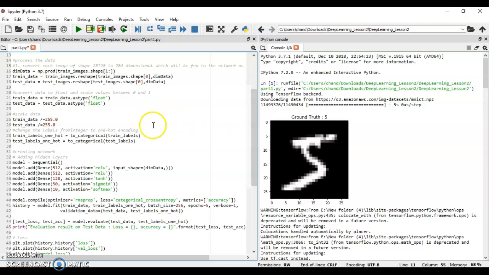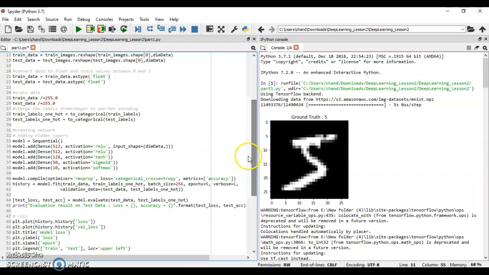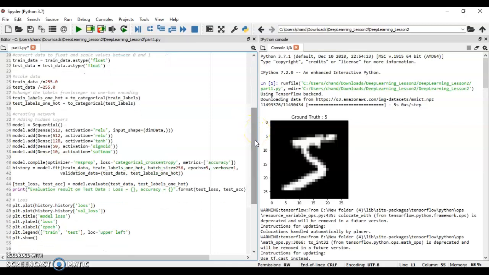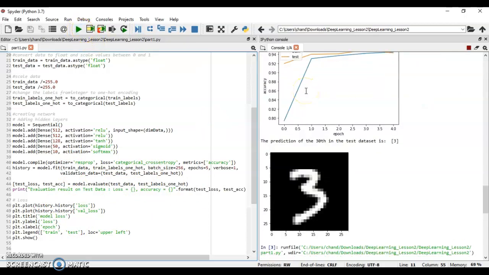After that I'm going to encode the data to change all of it into similar data types. Here you can see the hidden layers. You can add or remove dense layers, and accordingly the accuracy and the loss change. After that I'm going to plot the test image over here, and before that I'm going to calculate the accuracy and loss. So I will run this and you can see how it is done.